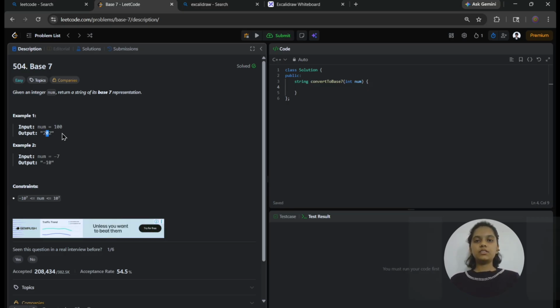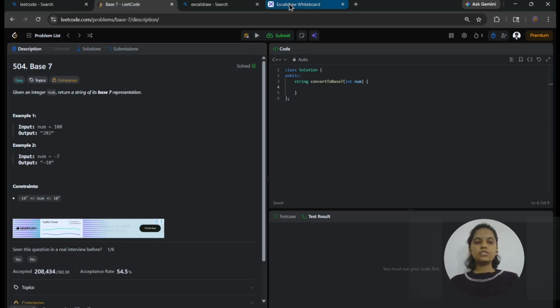After that I get the result 2, so I divide 2 by 7. I get remainder 2 and the number becomes 0. So here I add 2 to the resultant string. Whatever the resultant string is, I have to reverse it and then return it as output. Here I have 202, and after reversing it is also 202, but in many other cases it is not like that. So I first have to reverse the resultant string which I get.